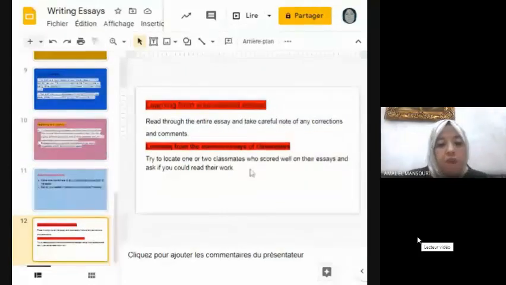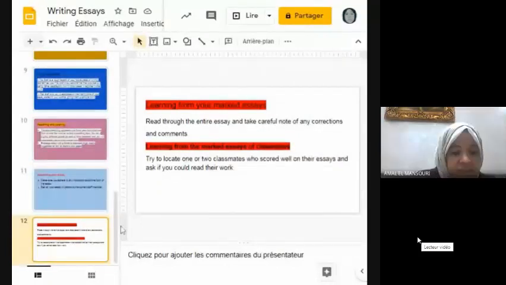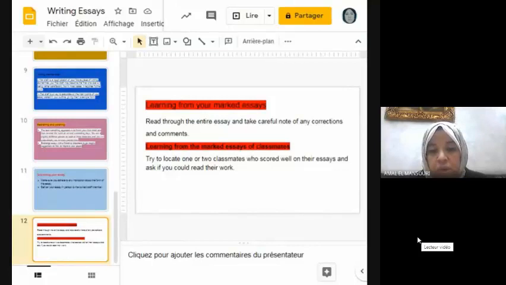Now, I think before moving to the last idea in the lesson, we have to talk a little bit about how to deal with the study skill exam.